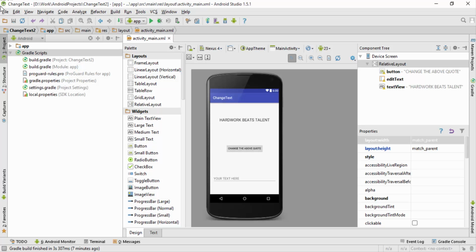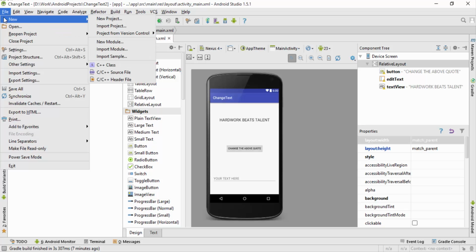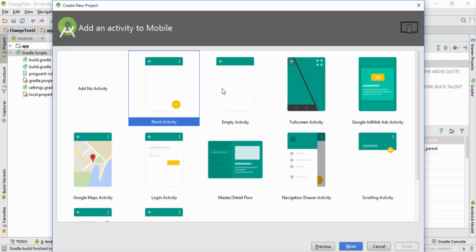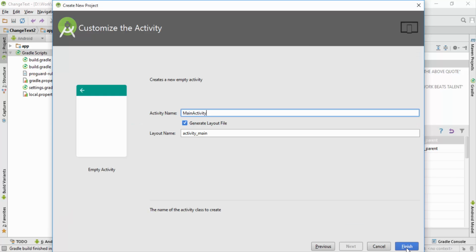So I'll go to File, I'll click on New, I'll click on New Project. I've given this a name of linear layout example. I'll click Next, Next. I'll choose an empty activity, I'll hit Next again, and I'll hit Finish.